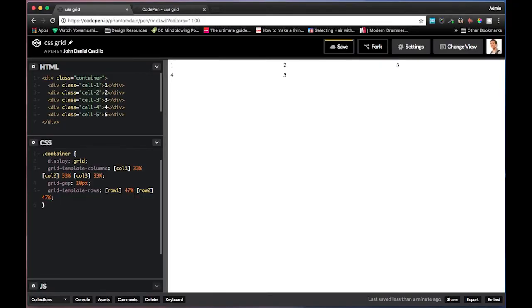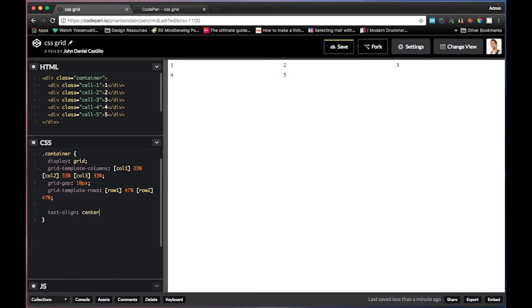So, kung magtataka kayo guys, bakit increments like 33 or 47? Kasi, sabi ko nga, we added a gap. So, para lang hindi siya mag-exceed sa total size ng screen. Or para bang mag-fit lang siya. Okay? So, yeah. Basically, yan yung gusto natin mangyari. 1, 2, 3, 4, 5. Okay? Then, set na lang natin yung text natin